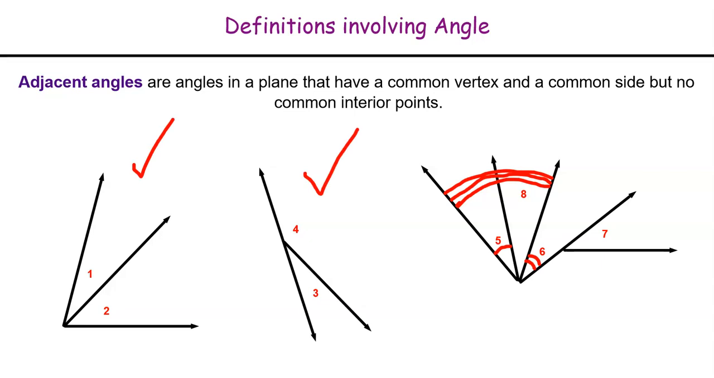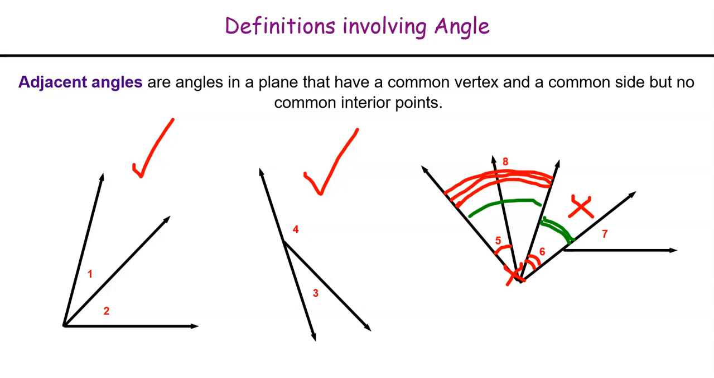Angles 5 and 6 are not adjacent because they don't share a ray. Angles 6 and 7 are not adjacent because they don't share an endpoint. Angles 5 and 8 are not adjacent because angle 5 shares an interior space with angle 8. But two adjacent angles here are angle 8 and angle 6 because they share a ray, but they don't have any common interior points. Angle 8 being the marking here for the entire